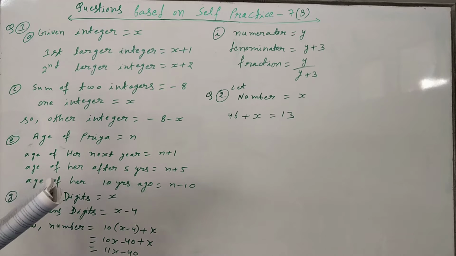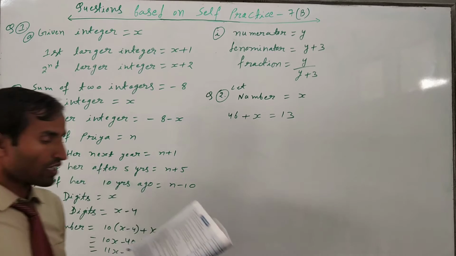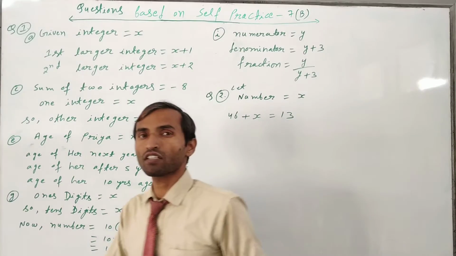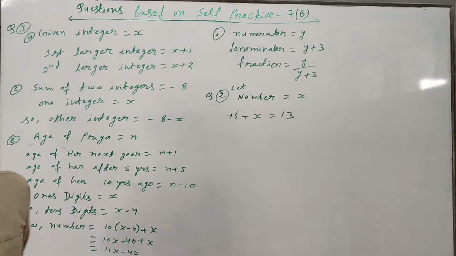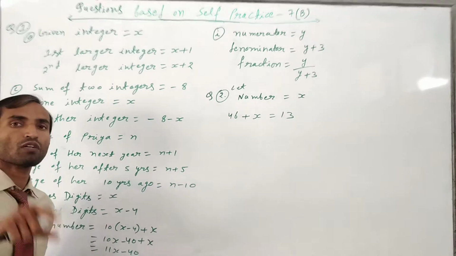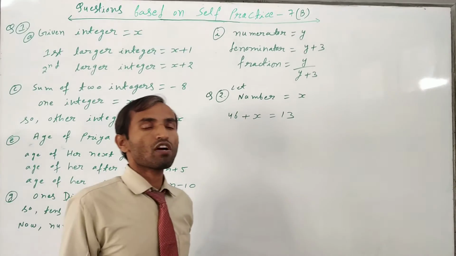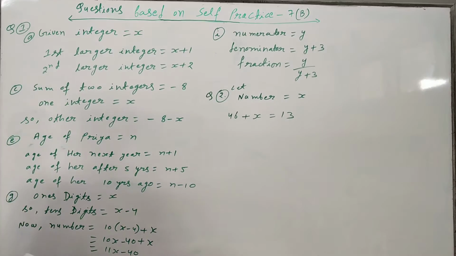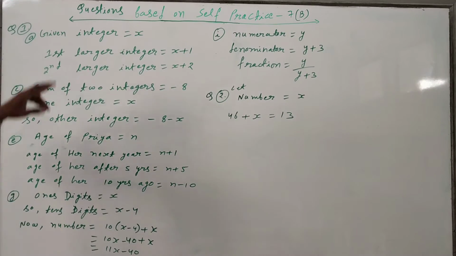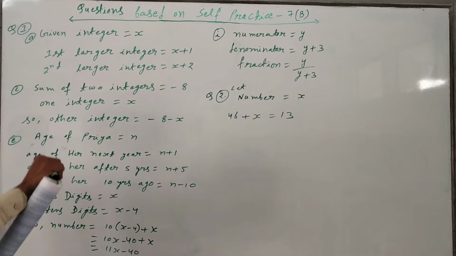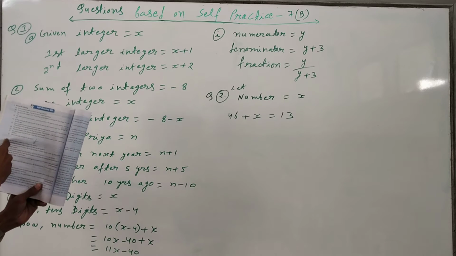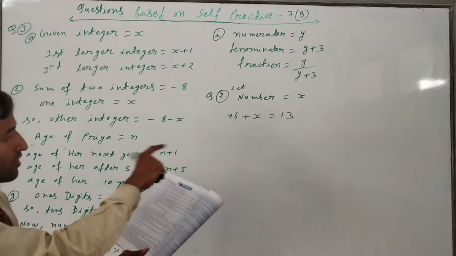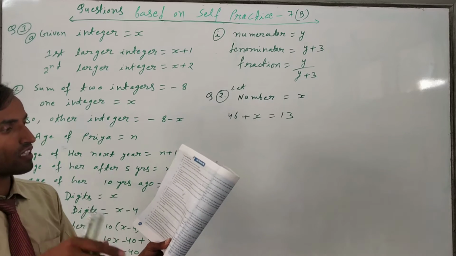In these questions, sometimes the variable is mentioned, but in most questions you have to suppose the variable yourself. We can suppose the variable to be x, y, z, a, b, c, d, anything. Now, just see here in the question, first there are so many parts given. I have read some parts. I will explain these parts, and whatever I leave, just try yourself.